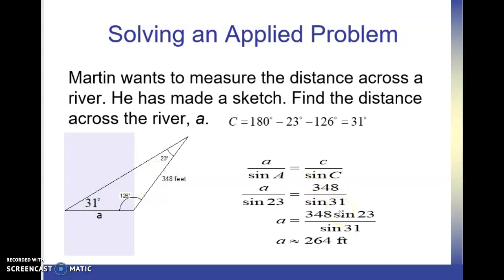We can plug those in, cross multiply, and divide as usual. We find that the measure of side A, the distance across the river, when rounded to the nearest